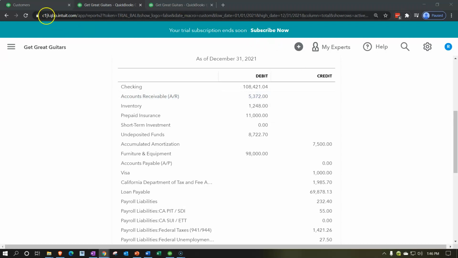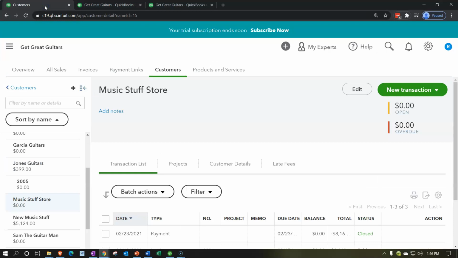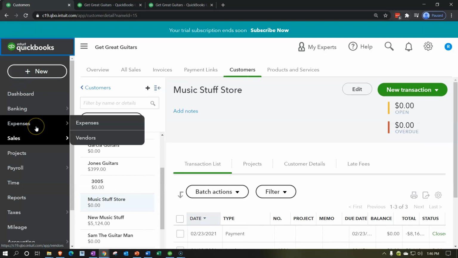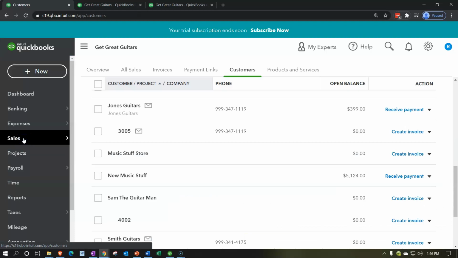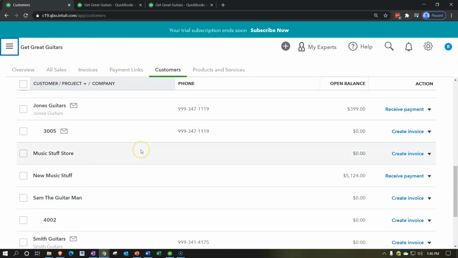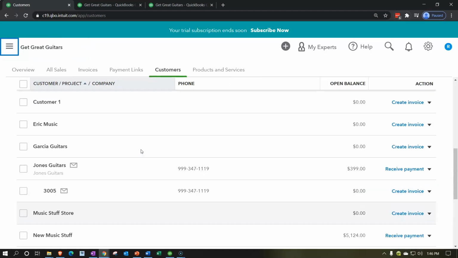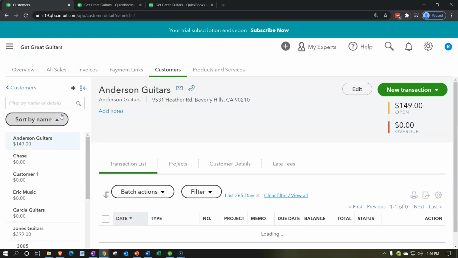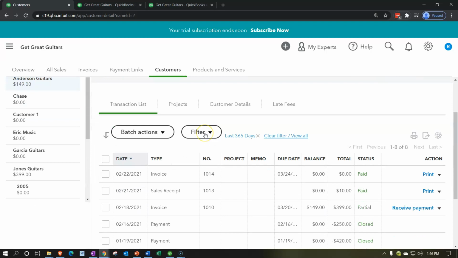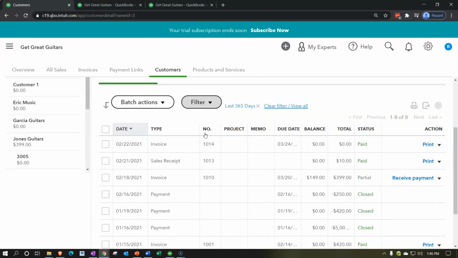Let's do it again. Let's say we got a payment from Anderson Guitars. Mr. Anderson gave us a payment. So I'm going to go back to the left-hand tab. I'm going to open up the hamburger, and we're going to go down to the sales and just open it back up again. We're going to go to the customers. I'll close up the hamburger up top, scrolling up to Mr. Anderson and their guitars. Opening that up, and then we could scroll down and say that we have any open